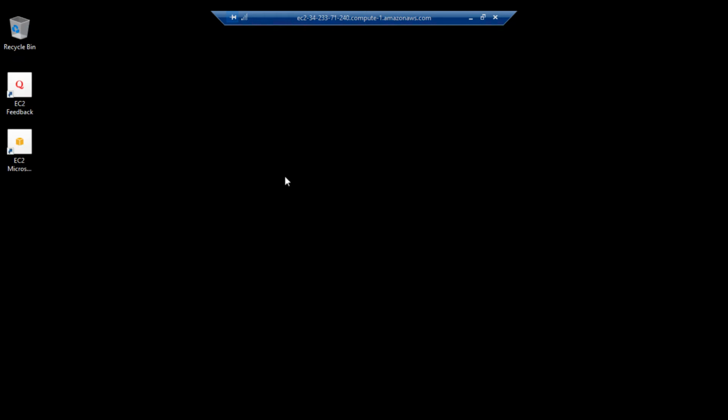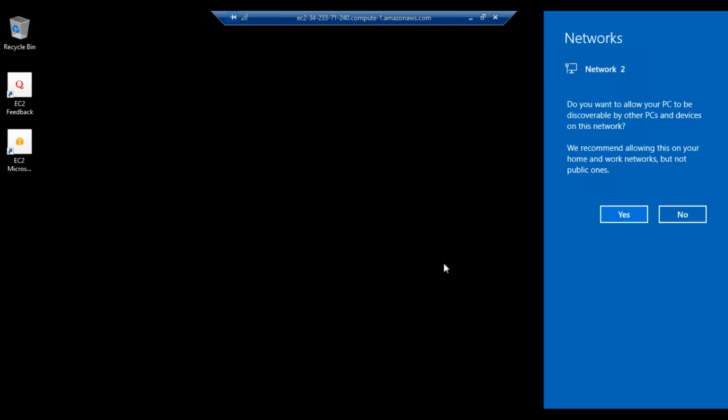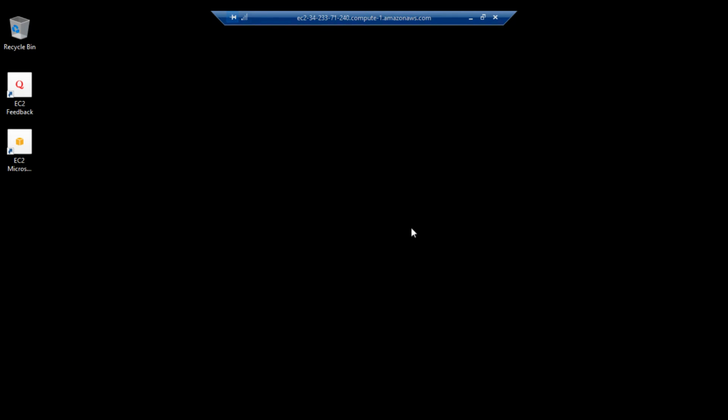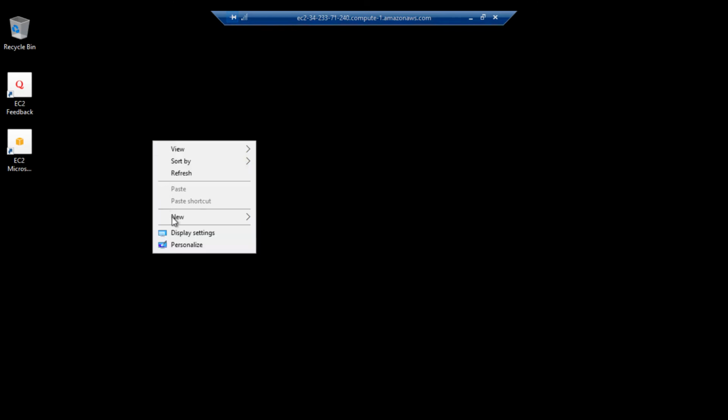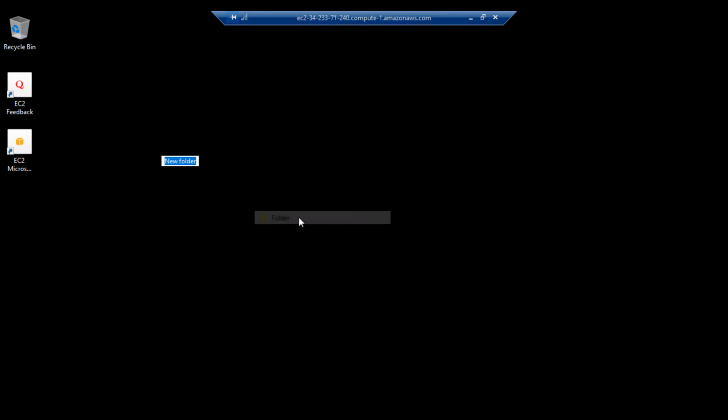It's loading all the configuration settings. We need to wait for some time, maybe 1 more minute. I will create some files on this.